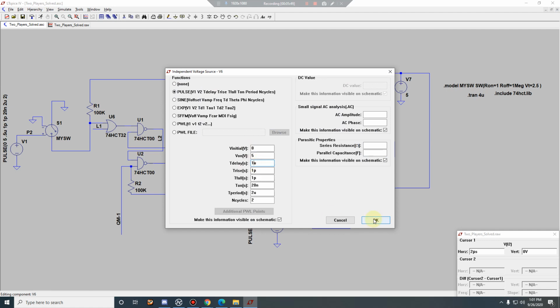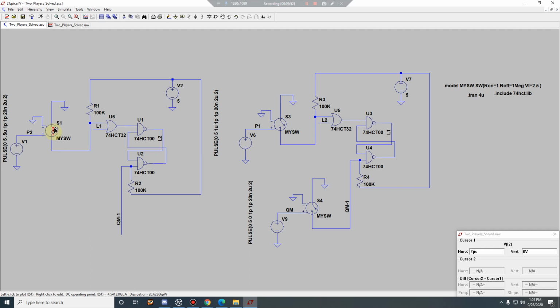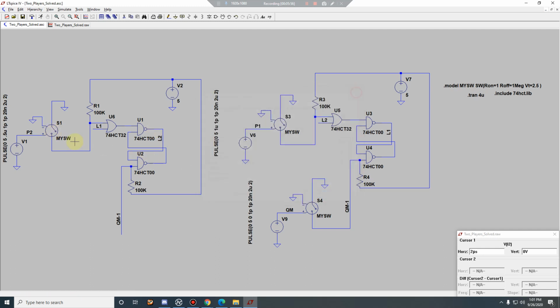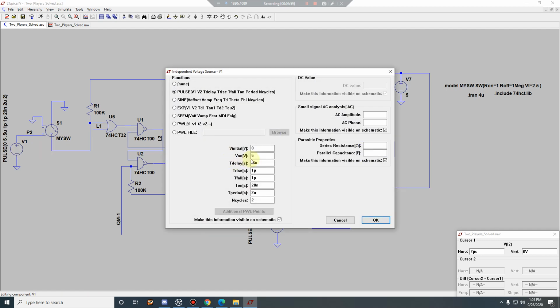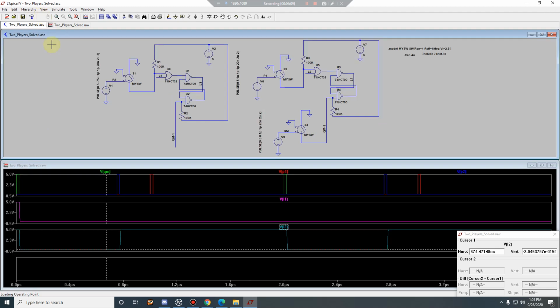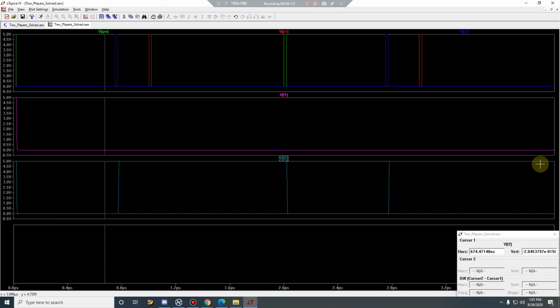Let me put it as 1. Okay, let me put this as 0.75. Now P2 is going to press it earlier than P1 in this situation. So let me run the simulation here.